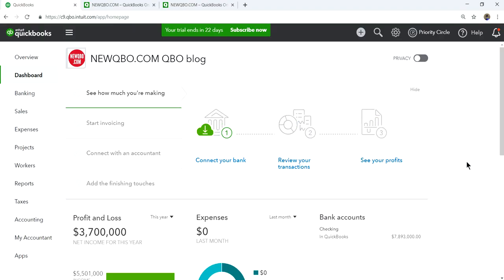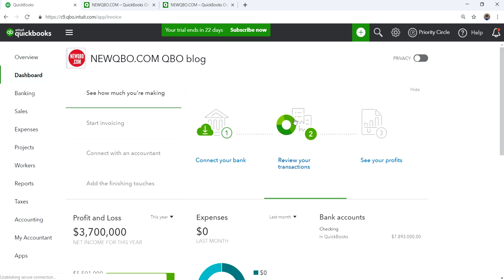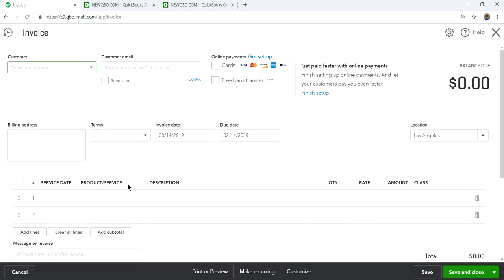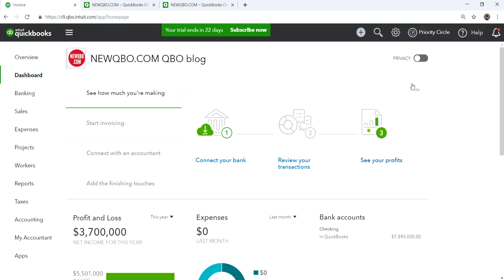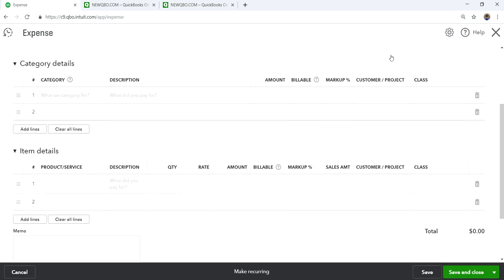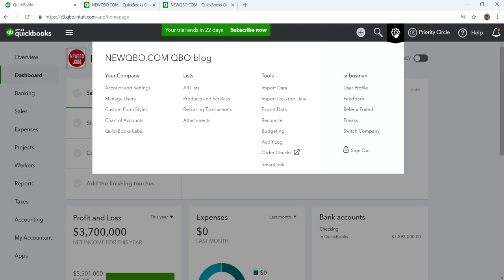Okay, first you need to make sure you have the setups correct for the QBO inventory. For example, you want to create an invoice, let's just say, and you don't see the product and service or service date, or you want to buy inventory and you don't see, for example, the item details. It's all to do with the gear settings. So let's go to gear settings. Here's the gear settings right here. Okay, so account and settings,